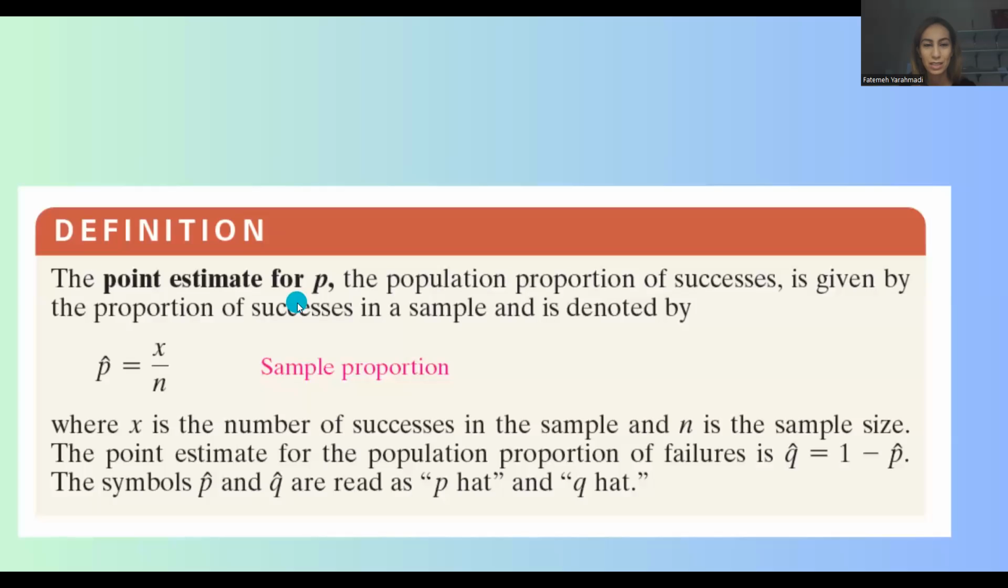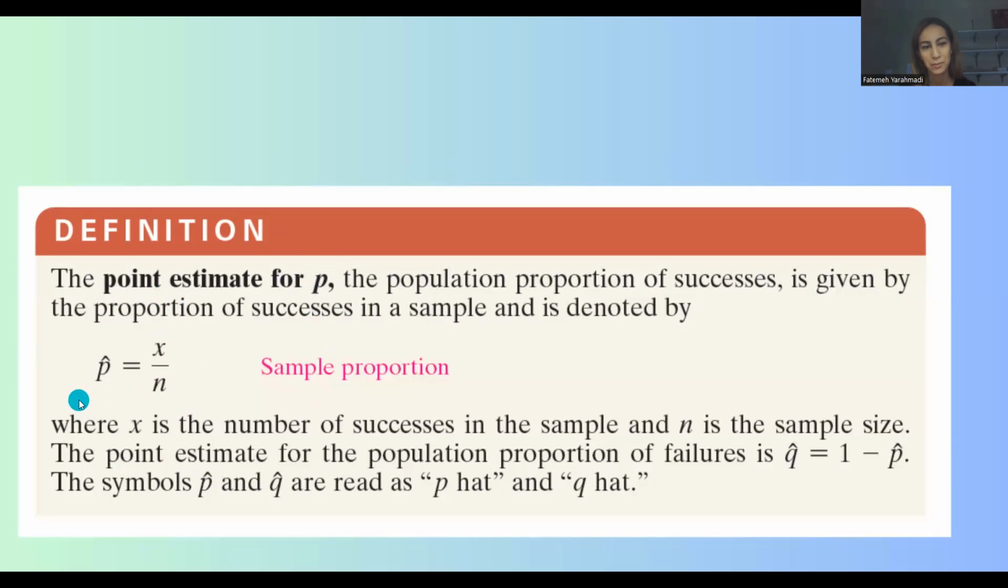The point estimate for population proportion P is given by the proportion of successes in a sample, and it's denoted by P hat equals X over N. Again, we have a large population and we need an estimator for a population parameter, which in this case is population proportion. So we take a random sample and we find the proportion in that sample and we call it P hat,